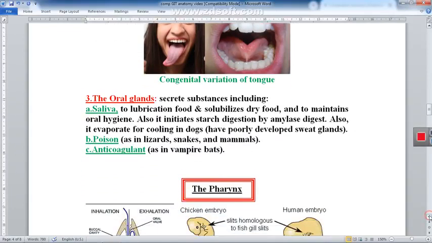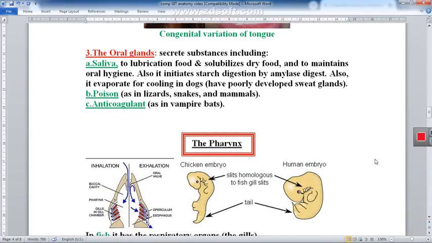In regard to the comparative anatomy of the oral glands between different vertebrates, oral glands in different vertebrates may secrete saliva, or they may secrete poisons, or they may secrete anticoagulants. The saliva is the secretion of the oral gland that is usually seen in humans, and it is also seen in other vertebrates. The saliva lubricates the food and makes it soluble if it is dry food, and also the saliva maintains hygiene in the mouth, and the saliva in humans contains the amylase enzyme that digests starch,